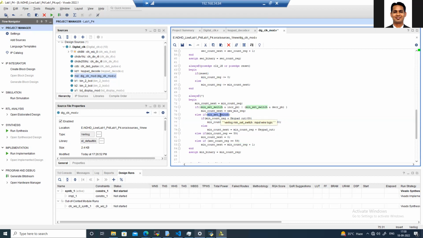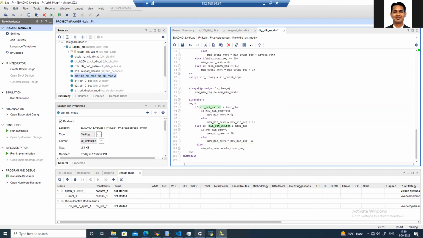So we need to add the logic so that we detect that a new key has been pressed on the keypad. The default code doesn't give this logic, so we need to come up with our own logic. So what we will do is store the value of the keypad in some register. I'll create one register [3:0], which is the keypad out